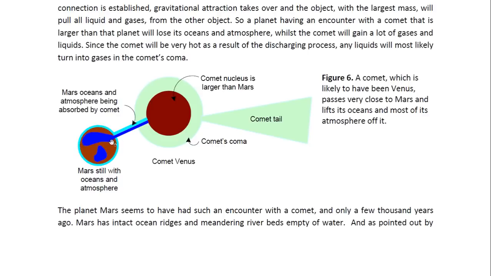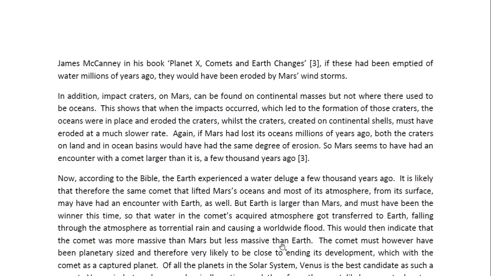And what would happen then is the comet was larger than Mars. Once the electrical connection is established, it would start pulling these gases and liquids from Mars' atmosphere. So it would take all of the oceans and most likely most of the atmosphere. Now, the reason why this possibly only happened a few thousand years ago is, well, we can see it because